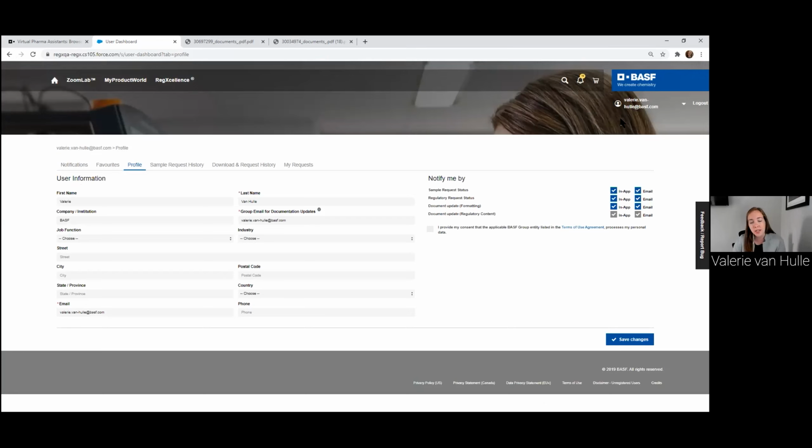Has there been a content change for a specific certification or manufacturing instructions? And how, as a pharmaceutical provider, can I make sure I'm always in the know in terms of compliance? What we've built into RegXcellence are these specific in-app and email notifications. It sounds simple, but it is so important that our customers are always notified when there's been some type of